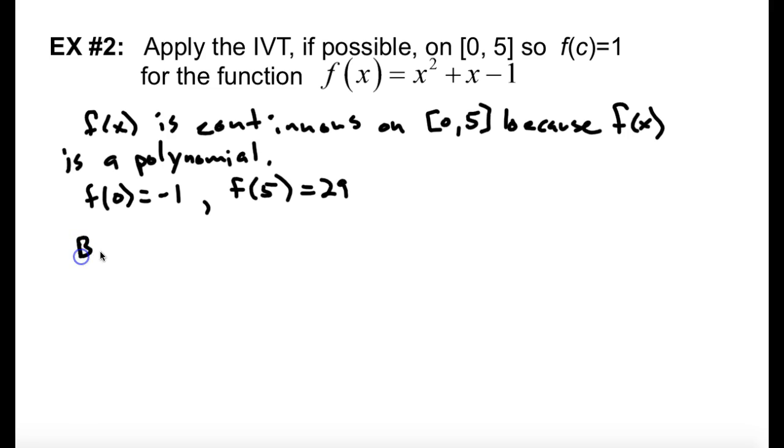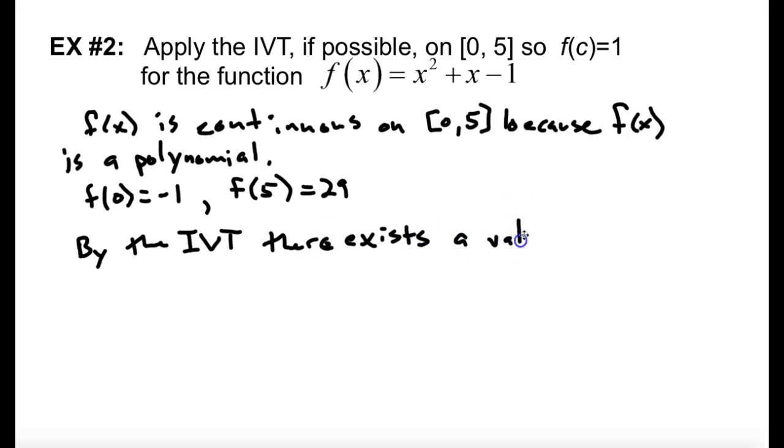Okay, so we can say, by the intermediate value theorem, and we can always just abbreviate that IVT, there exists a value c where f of c equals 1